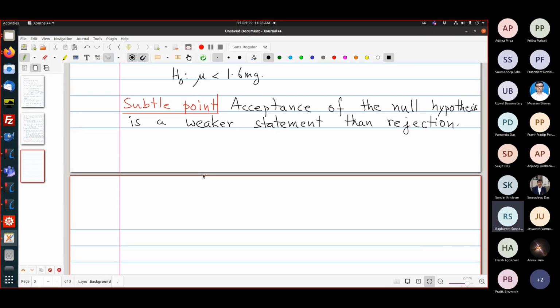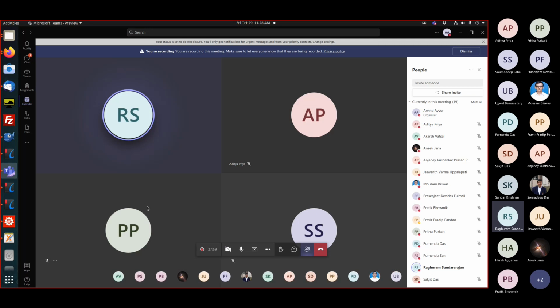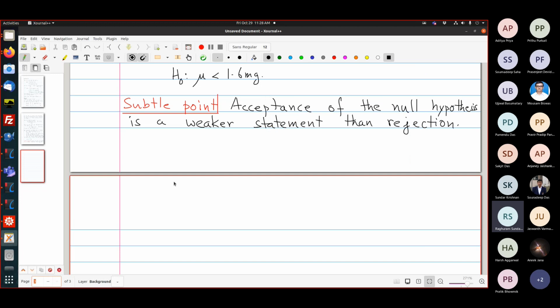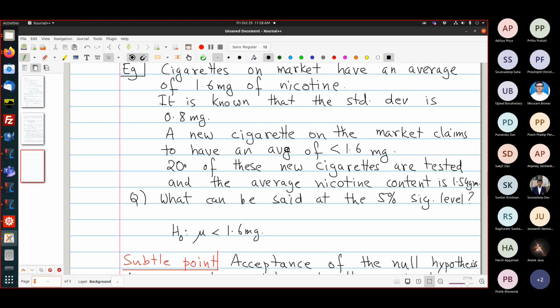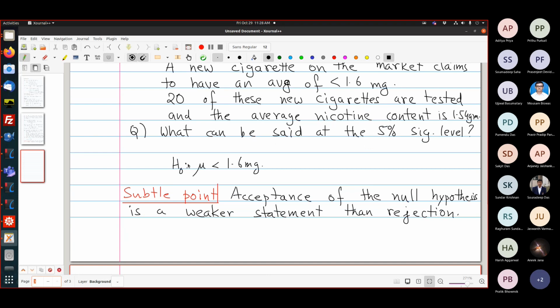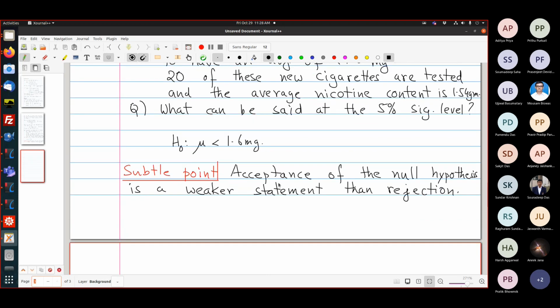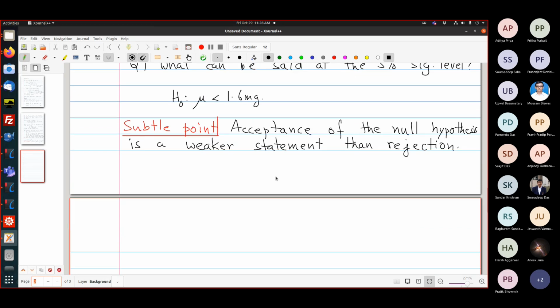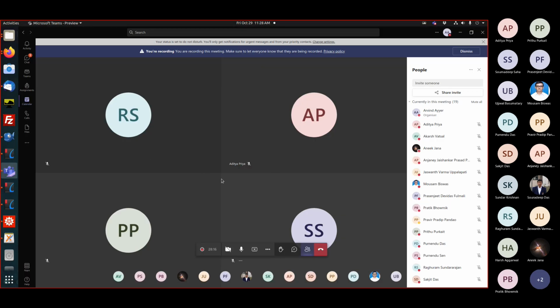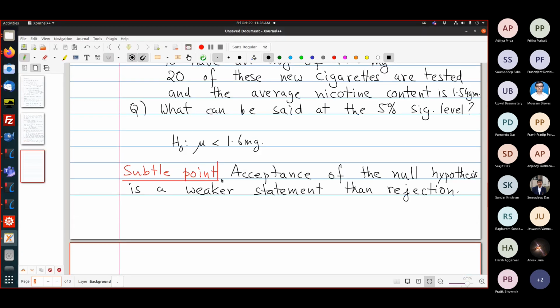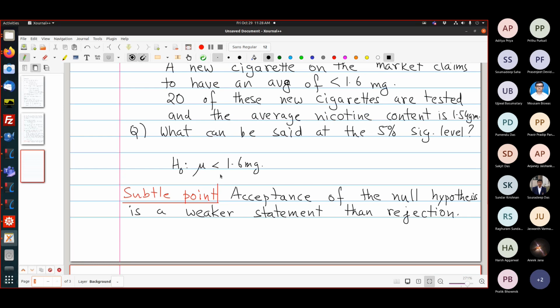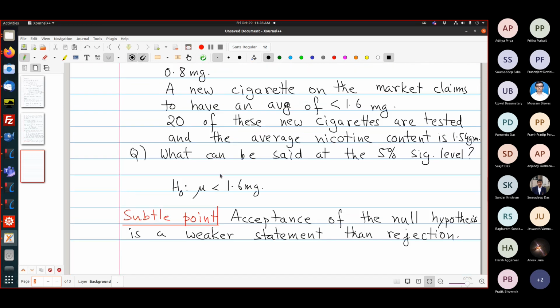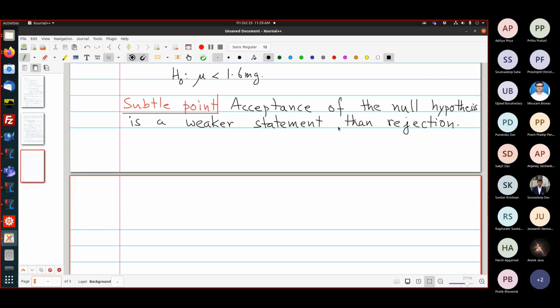I had a second question, which is how do we know what we have a prior reason for believing here? So that depends on the context, right? So here, that's exactly what my point is. Exactly as Raghuram points out, we have to be very careful because we should not accept this new claim of this new cigarette maker without sufficient evidence. Okay, so that's exactly the point.